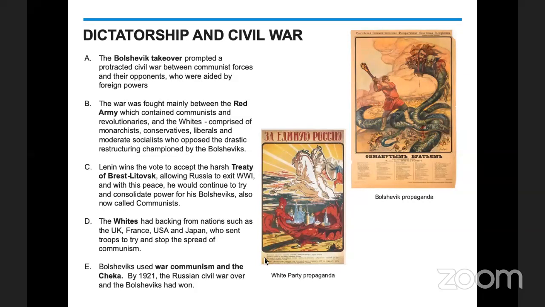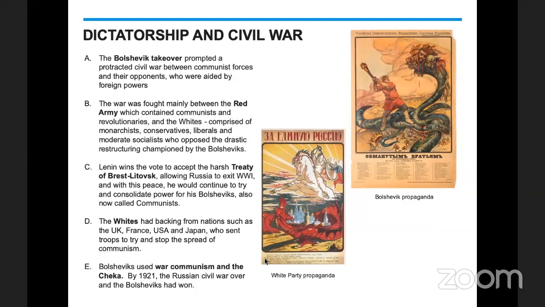And the Bolsheviks will use some tactics during this time. The first one that I want to talk about is war communism. They're really taking the land and the food from the country. They're demanding that any excess food be surrendered to the state. They're nationalizing the land. And so this, of course, is going to be really unpopular. It's going to cause people to farm only for themselves and decrease their own production.